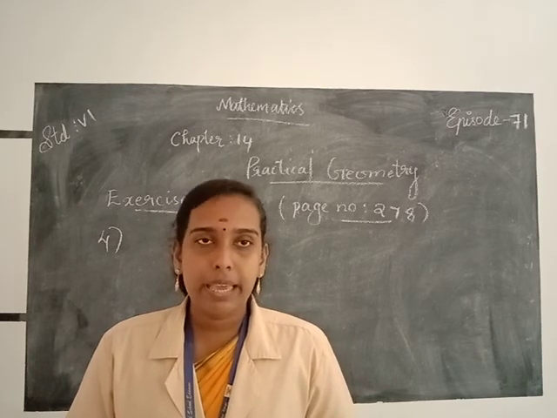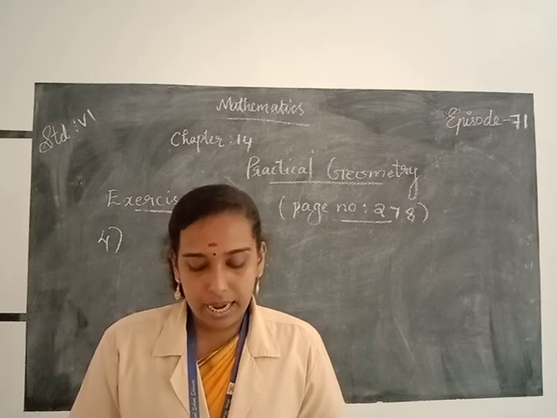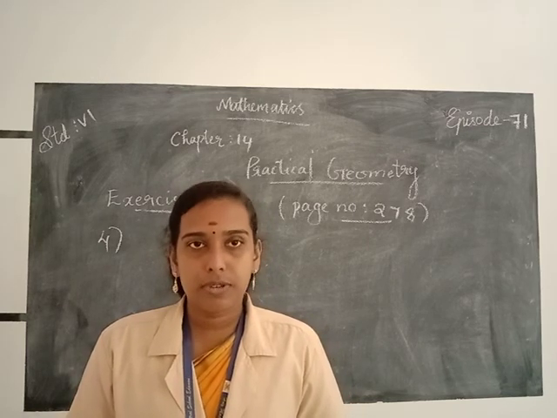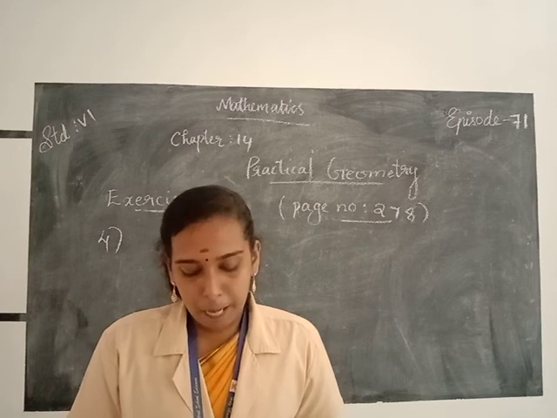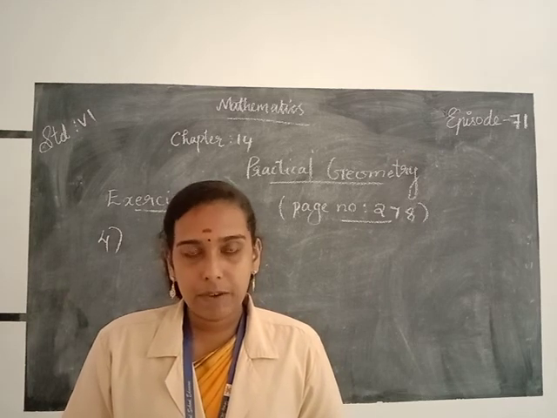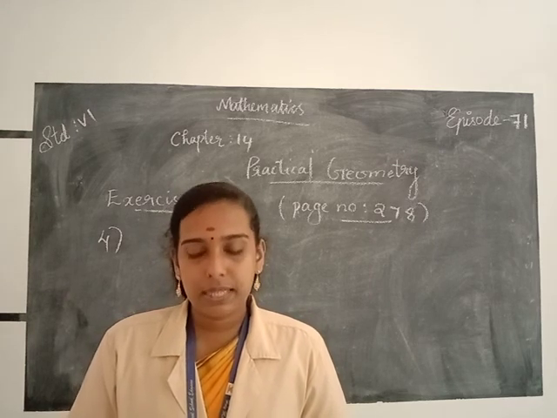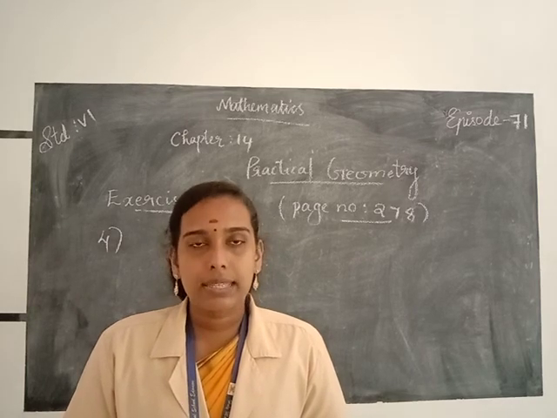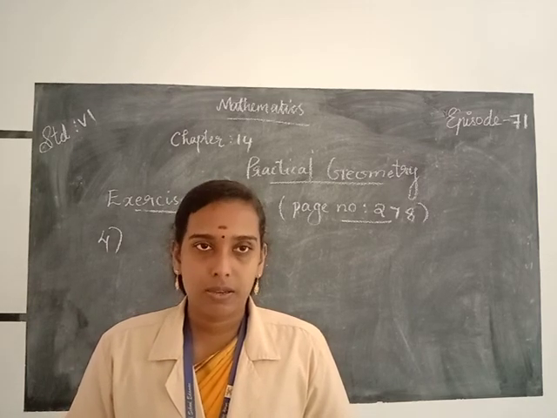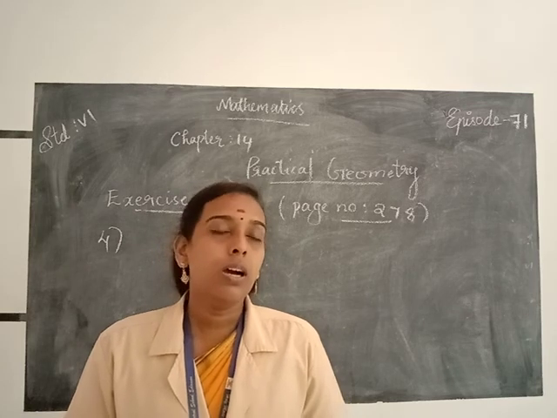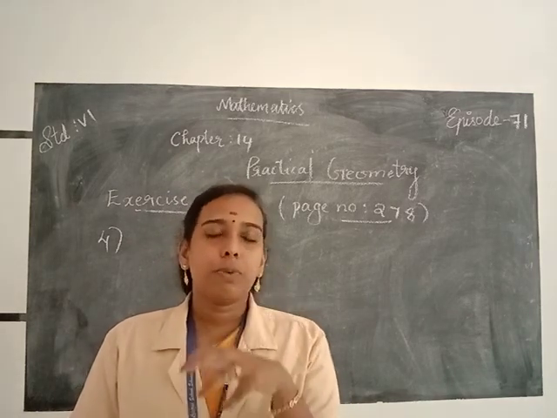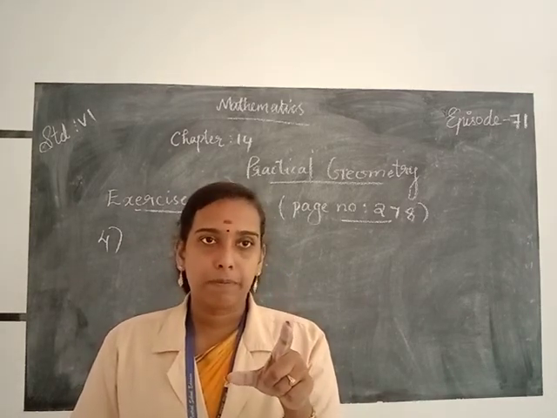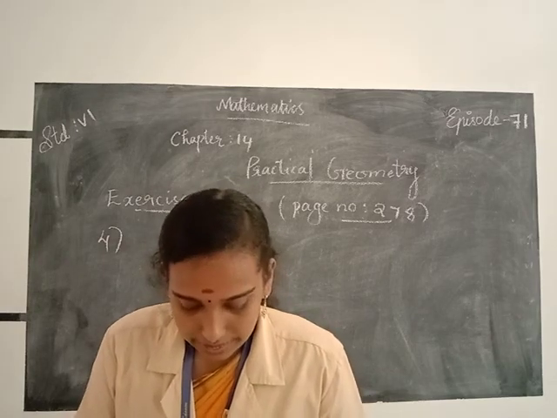So here line segment AB is equal to 7.3 cm and line segment CD is equal to 3.4 cm. So take the difference of line segment AB and line segment CD, then construct a line segment XY. That's your homework. You should do your homework and send it to my WhatsApp, and if you have any doubts, ask me. Then the next exercise.